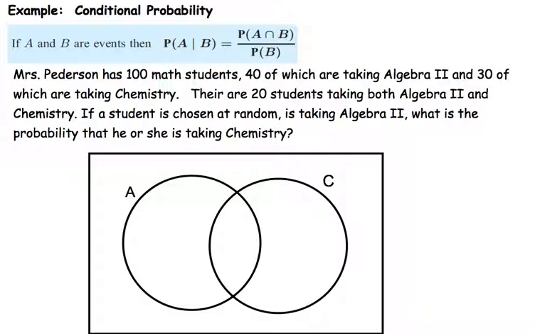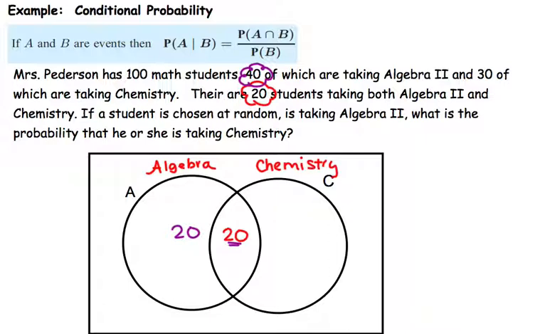So the first event is the algebra circle. And the second event, let's call it C, is taking chemistry. So I'm going to start with the overlap. The overlap is students who are taking both chemistry and algebra. So there are 20 students overlapping. Then we have 40 students in Algebra 2. So if we already have 20 in the overlap and we need 40, there must be 20 over here that